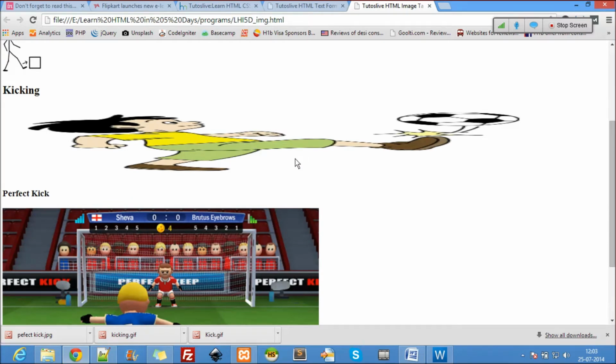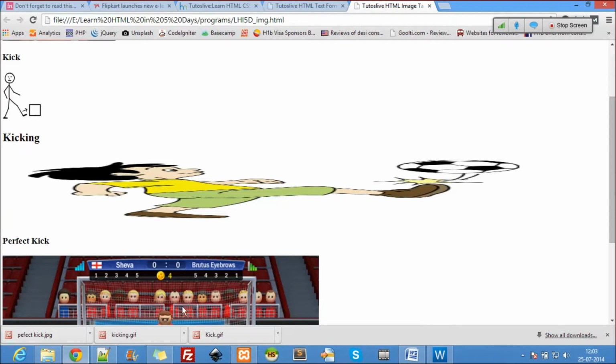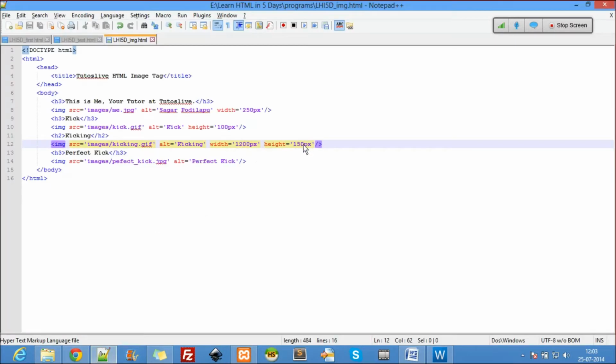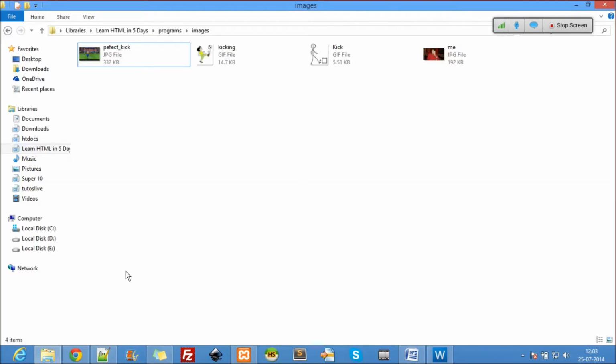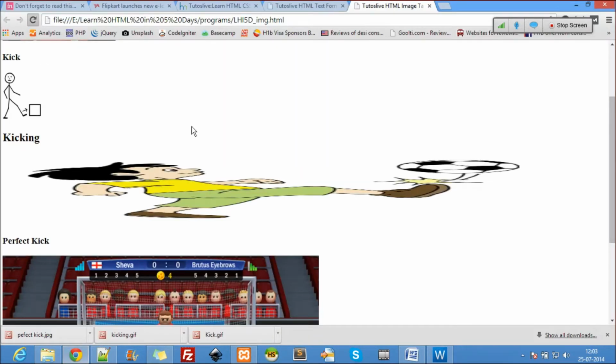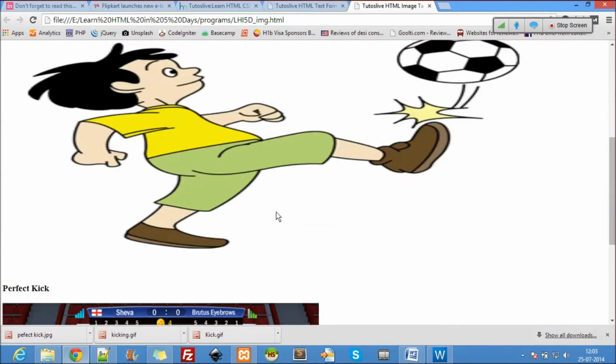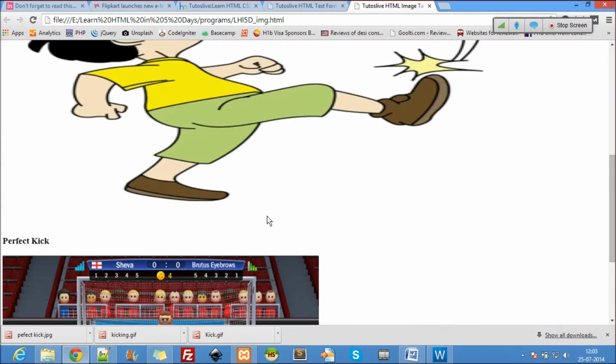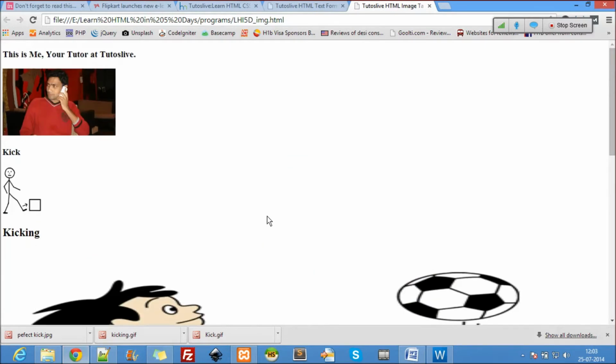Now you can see it here, 1200 pixels, right? Then I'll say 550 pixels is the height. So I go there, I refresh, and now I see it's a much better picture, right? So that's about the images.